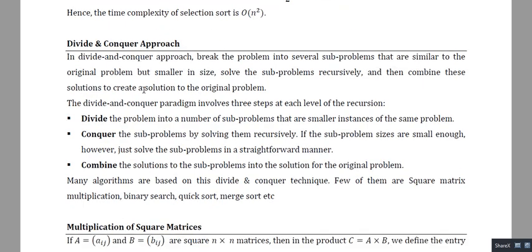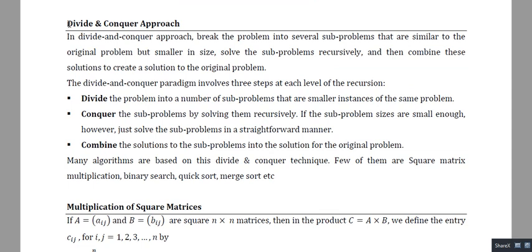Now the next algorithm design approach is the divide and conquer approach, right? As told earlier, in divide and conquer we take a large problem and try to divide it into smaller sub problems. Then again we divide our smaller sub problem into even smaller sub problems.